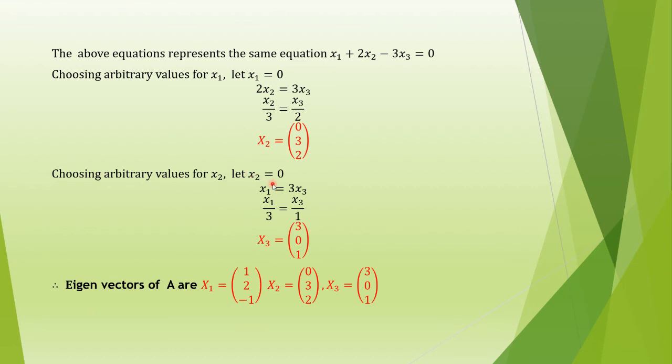If you had three repeated values, you would have to assume x3 is also 0. Here the third value, 5, is different, so you already found it in case 1. So x1 is equal to 3x3. Substituting x2 equal to 0, that term becomes 0, so x1 is equal to 3x3. The coefficient of x3 is 1, so the 1 goes here and 3 goes here. So x1 value is 3, x3 value is 1, and x2 value is 0.